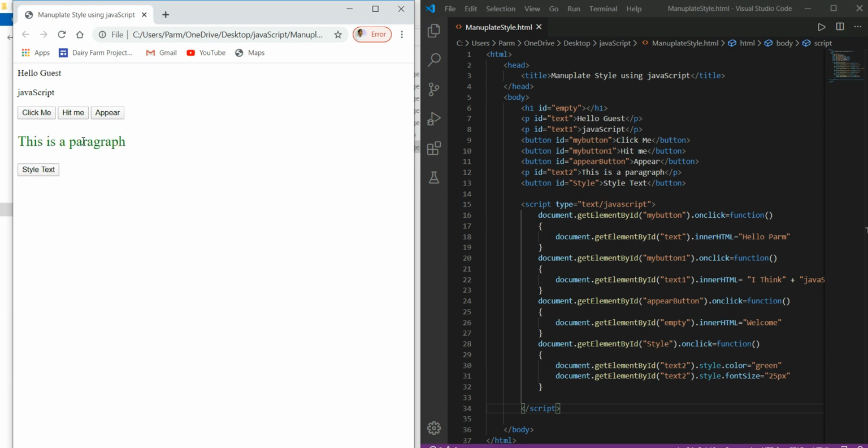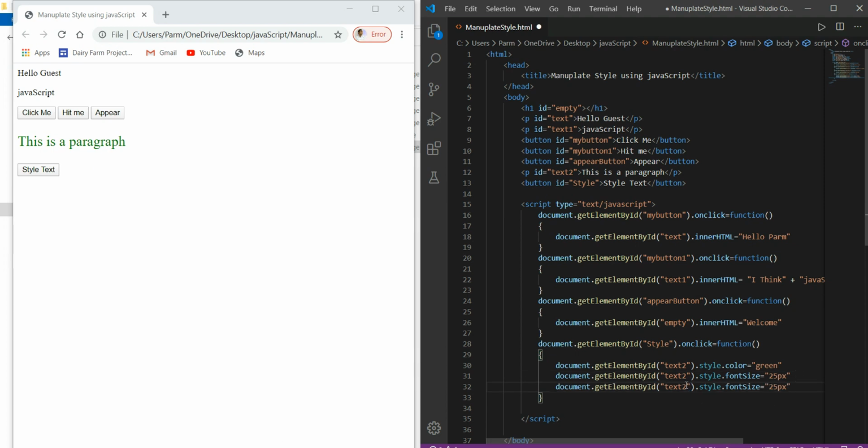Okay, this is achieved. Now using the same button, style text, I want to make this JavaScript underlined. For this I'm just going to copy this and paste it, and the ID of this is text1, and I want to make it underline.